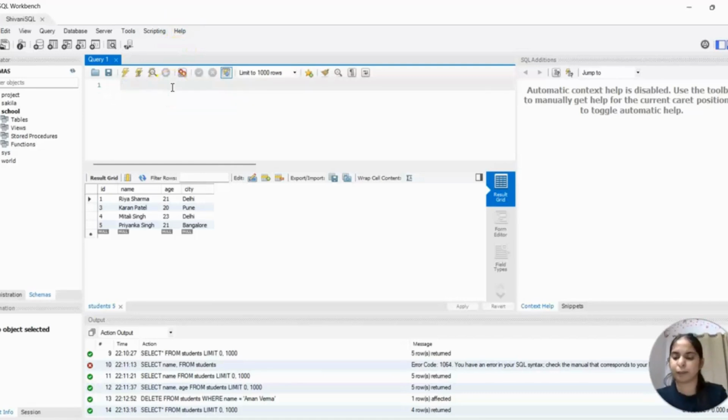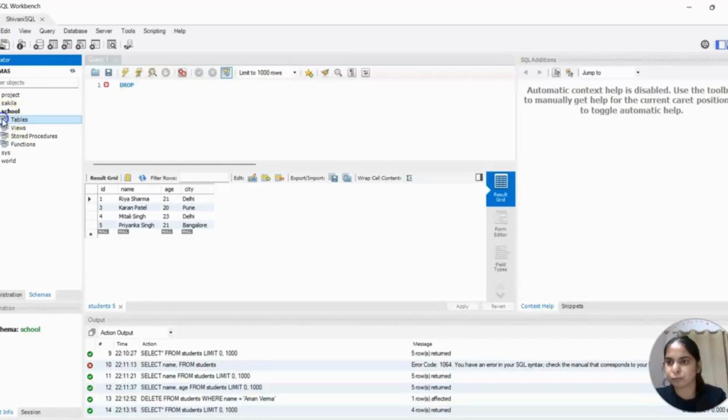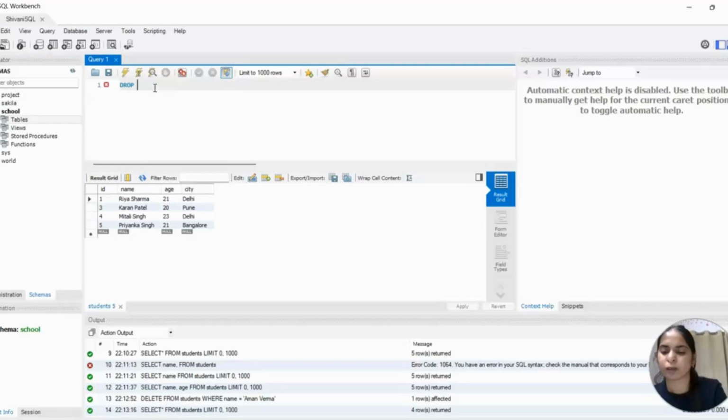So let's see. Drop, we have to delete a table or a database. For now we are just deleting the table. Drop table students.